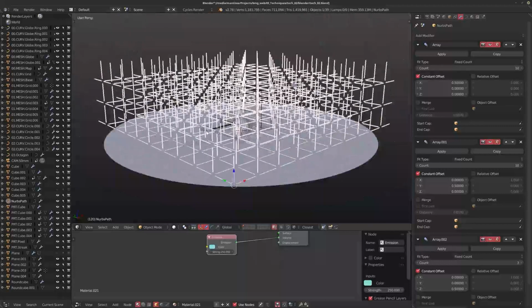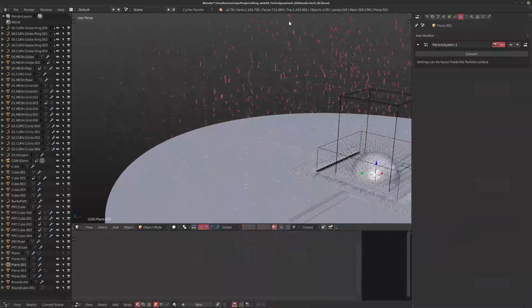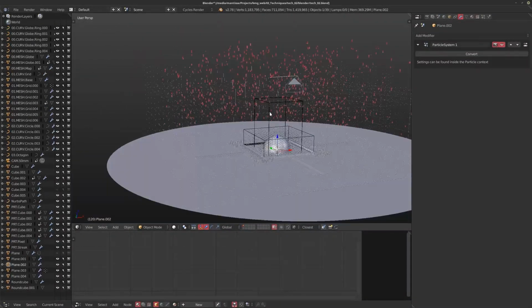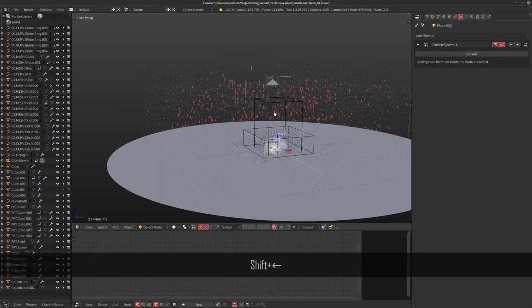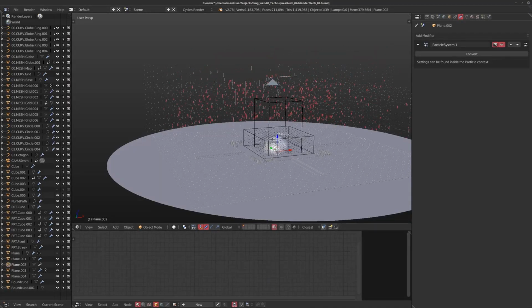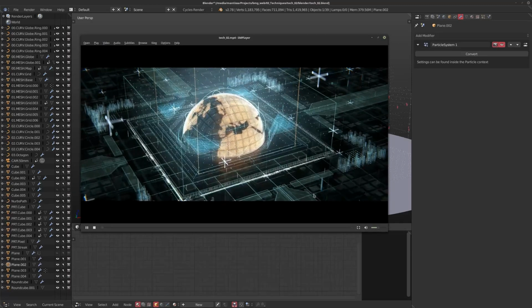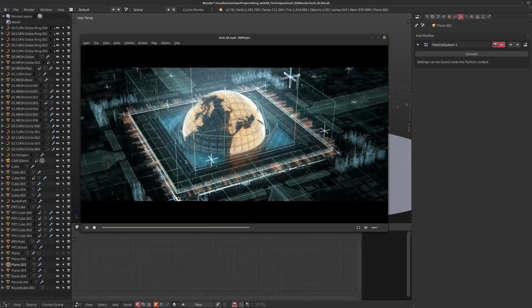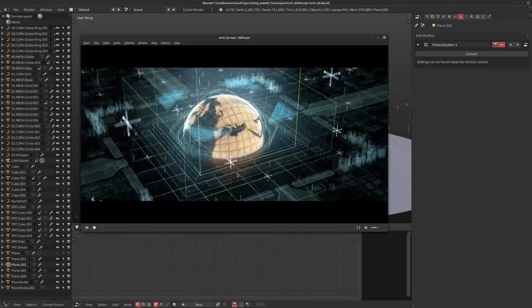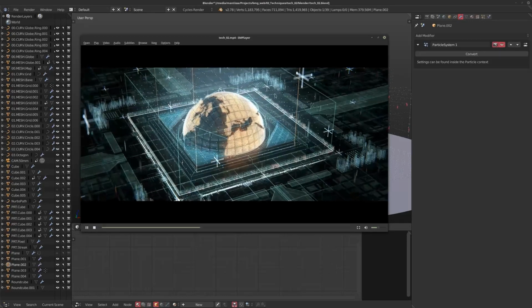Oh yeah, one last thing that I did want to mention, that I was actually about to talk about once I noticed that grid, is this particle system. So in the final shot, let's see if I can open it up here very quickly. To add a little bit extra dimension, I have all these particles going up. And again, it's just a very simple particle system, but it adds a little bit of verticality to your shot.